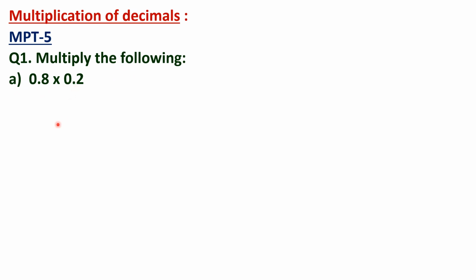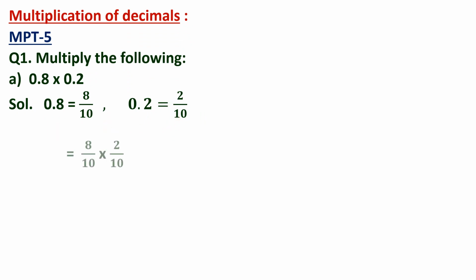Okay, there are two ways we can multiply the decimal numbers. Both I will be telling you. First, let us see the first method. In the first method, we will convert both the decimal numbers into fractions. So you see here 0.8 is equal to 8 by 10 and 0.2 is equal to 2 by 10. I have already explained how to convert the decimal number into fraction in the previous video. So 0.8 is written as 8 by 10 and 0.2 is written as 2 by 10.